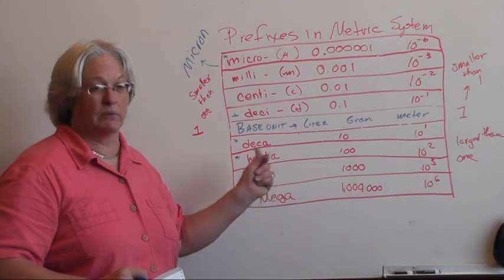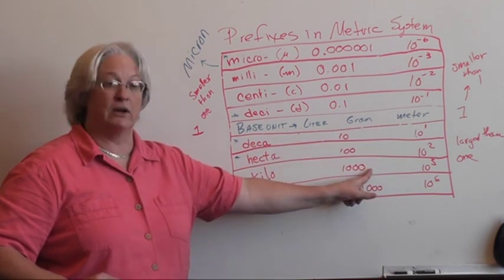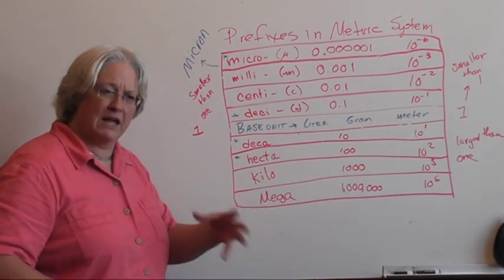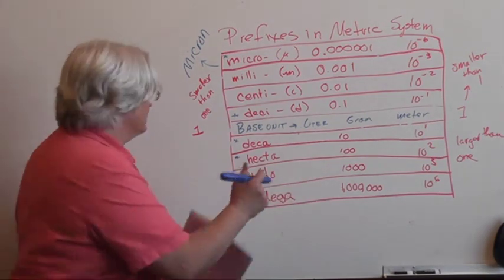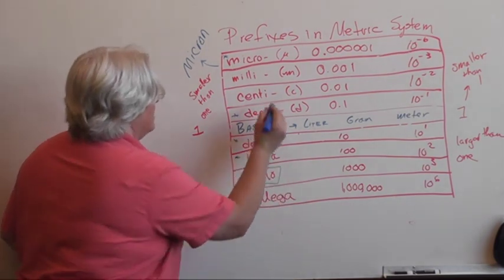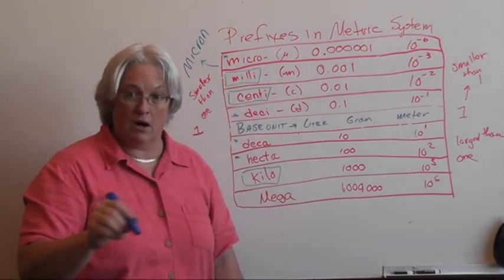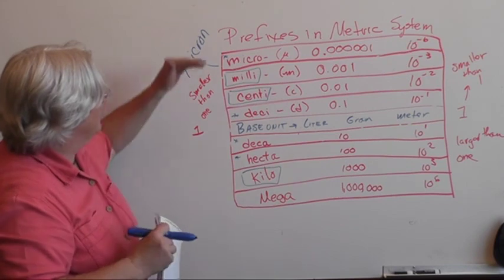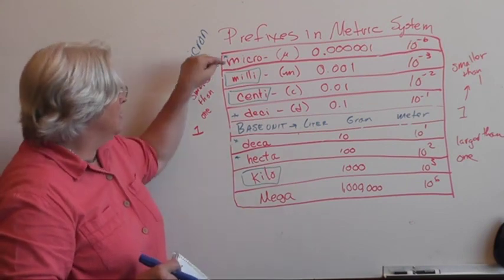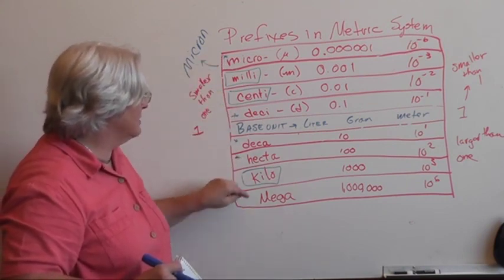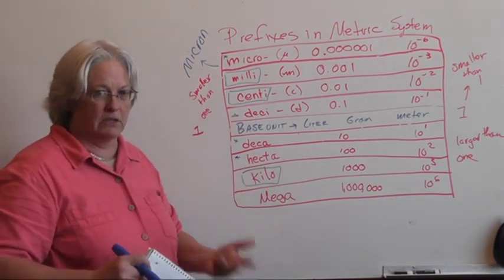Kilo, of course, gets used all the time. Kilogram, kilometer. A kilometer is 1,000 meters. Mega, we really don't use that a lot within our science classes at this level, but a mega is 1,000,000 times. So kilo, centi, milli, those are going to be the ones you use most commonly in this class for prefixes in the metric system. But for this first test, you need to make sure that you are able to get all of these. The ones you have to know inside out are milli, deci, kilo. Okay, that's the end of lecture 1.